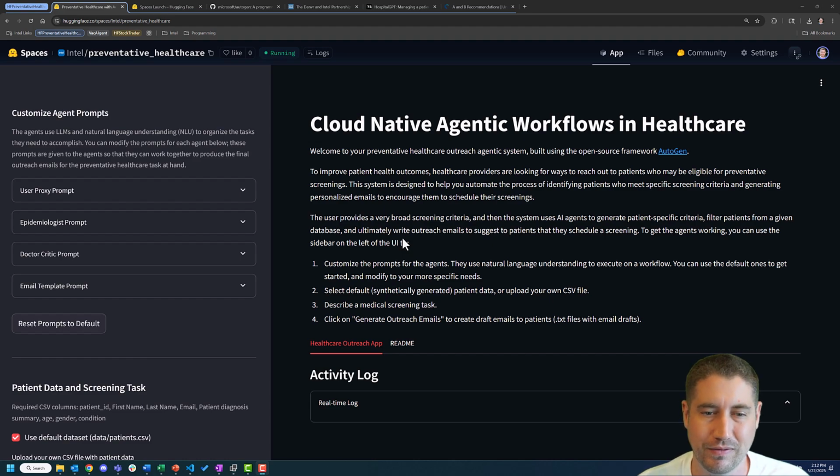I am a staff AI software engineer at Intel, and today I have something very exciting to share with you. I built an Agentic system using the open source framework AutoGen, and the motivation behind building something like this for healthcare providers is to be able to reach out to patients for preventative screenings. And this system is designed to help you automate this process of identifying patients who meet specific screening